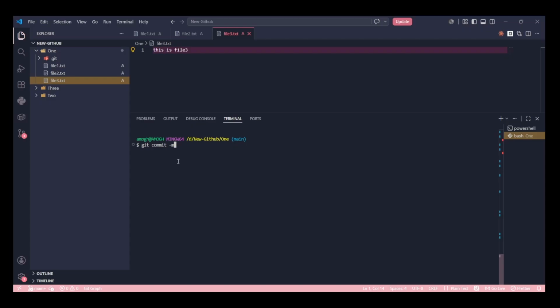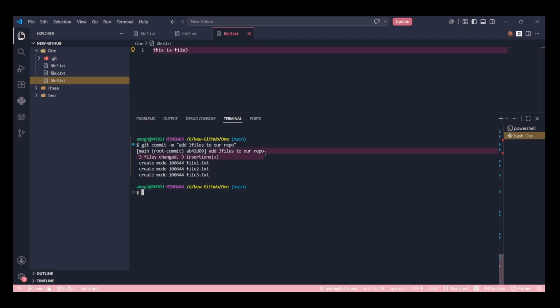There are multiple things about flags. That is not something we can discuss here because it is a completely unrelated topic. Okay. And in the command, if you want to know, dash m means message. Along with the commit, we will attach a message. Okay. We will say add three files to our repo. Now I've entered it. So what does this say? It says add three files to our repo, this is our message which I have attached along with the git commit.